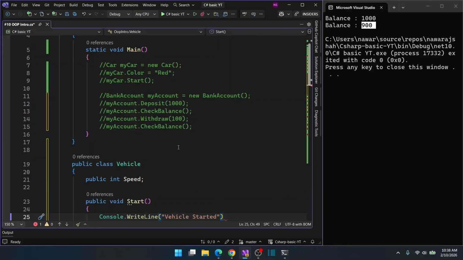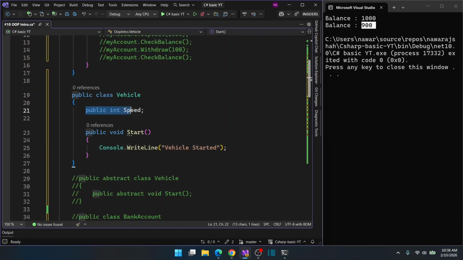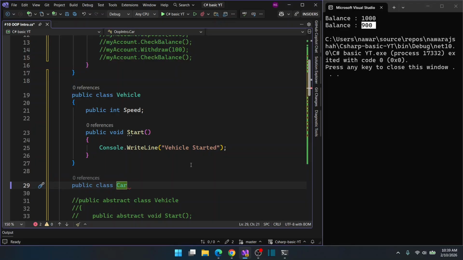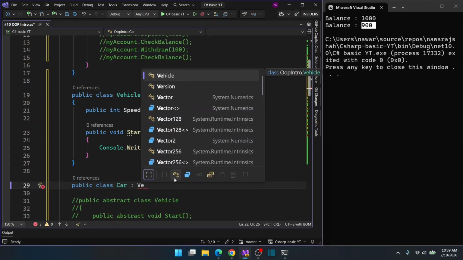Here I've created the vehicle class. It has a property speed and it has a method start. Now let's create another class, which is the child class of the vehicle. That is, we are creating here the car class and we are inheriting it from the vehicle. So after the colon we write vehicle,